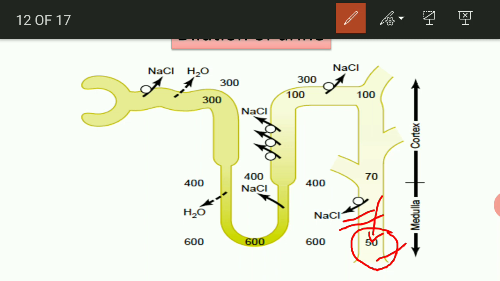Okay, in this diagram, at the tip of the medulla or loop of Henle, osmolarity is shown up to 600 milliosmol per liter, even though the sodium potassium 2 chloride pump is working. So it strengthens our knowledge that urea is also important. With the help of urea, osmolarity can increase up to 1200 milliosmol per liter, but not without the help